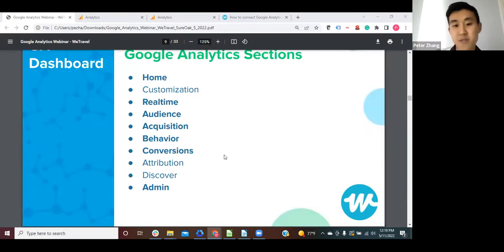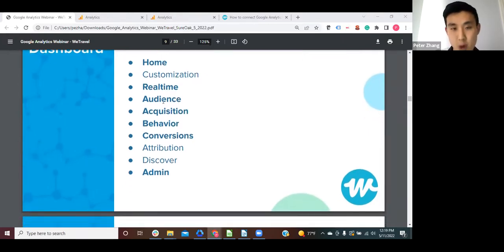For example, if we dive into looking at a specific action people are taking on a specific page, we can try to make adjustments to changing where a button might be placed or what color or what text is there. But that change might only affect a small percentage of visitors. And so if you're a business owner or head of marketing, you might not need to use every single report all the time, but it's useful to at least know what data is out there. So let's start off with the home section.